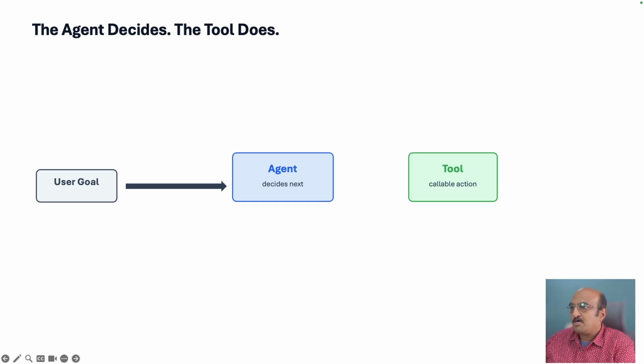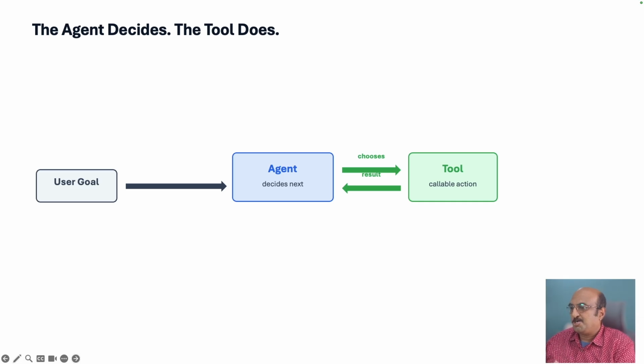Think of a tool as a callable action. When you gave it a goal to write a function to add two numbers, once it has decided what that function is going to look like, it has to create a file, name that particular file with a proper extension, and start editing that file. So to do all that, it needs tools. In this case, tools that help the agent do the file editing, and that is what a tool is. It is a callable action that the agent chooses to call,